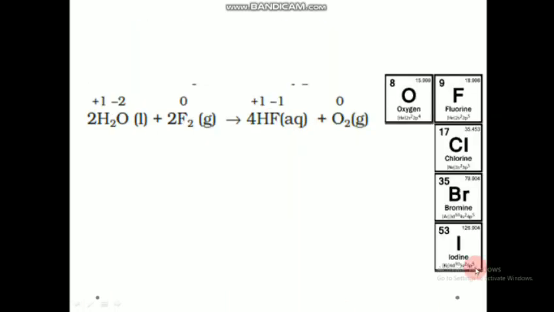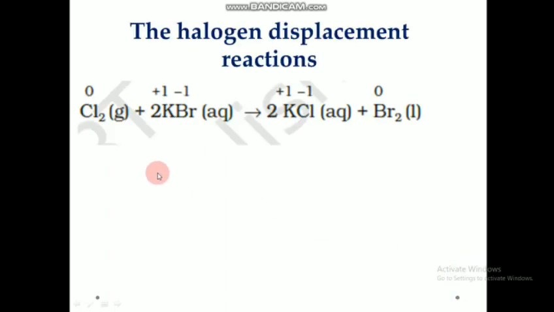And we have one more type of reaction, which is halogen displacement. One halogen will substitute another halogen in a reaction, known as halogen substitution or halogen displacement reaction. And as I told, the order of displacement is in this manner. Fluorine will be able to substitute chlorine, bromine and iodine. Chlorine will be able to substitute bromine and iodine. Bromine will be able to substitute iodine. So like that the substitution goes. We will see that in the halogen displacement reaction.